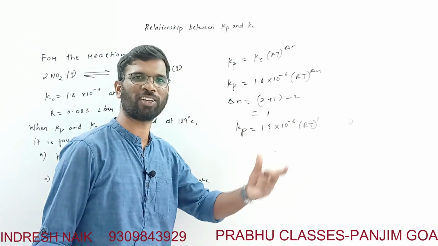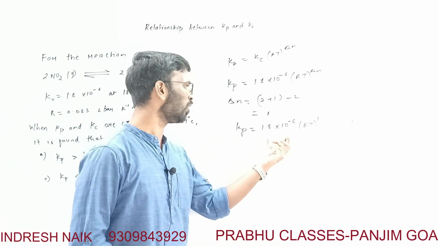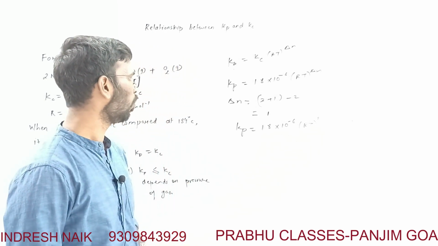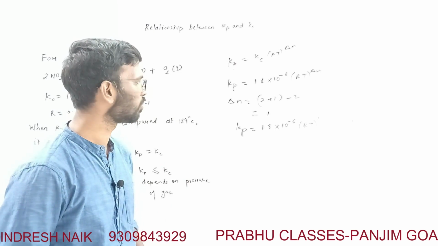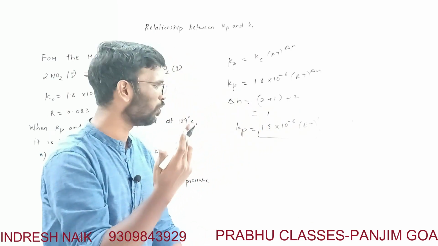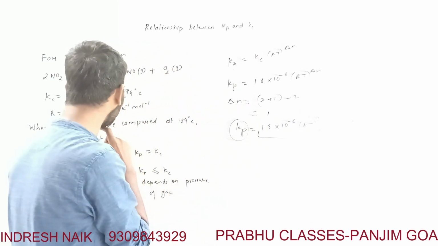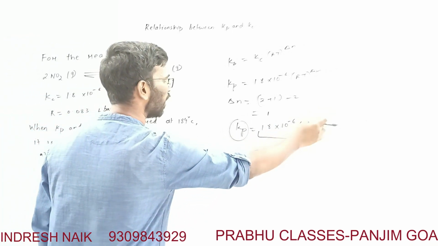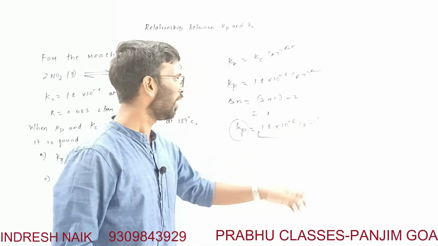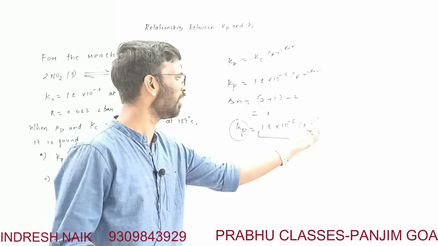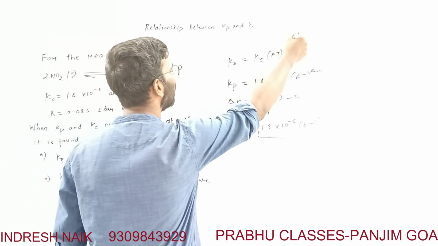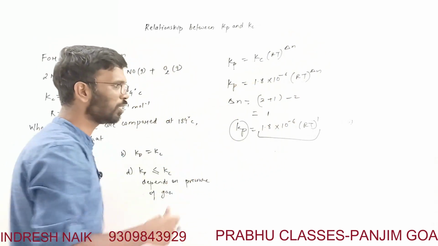Now Kp is greater or smaller? Over here Kp is equal to 1.8 into 10 raised to minus 6 into something, right? What does this prove? Kp is bigger than Kc. Both things together form one value. So therefore Kp is greater than Kc. Since delta n is 1, if it was minus 1, then Kp is less than Kc, right? And if it is 0, then Kp is equal to Kc, no? Anything raised to 0 is 1, this quantity will become 1, right? Understand? So your answer over here is this.